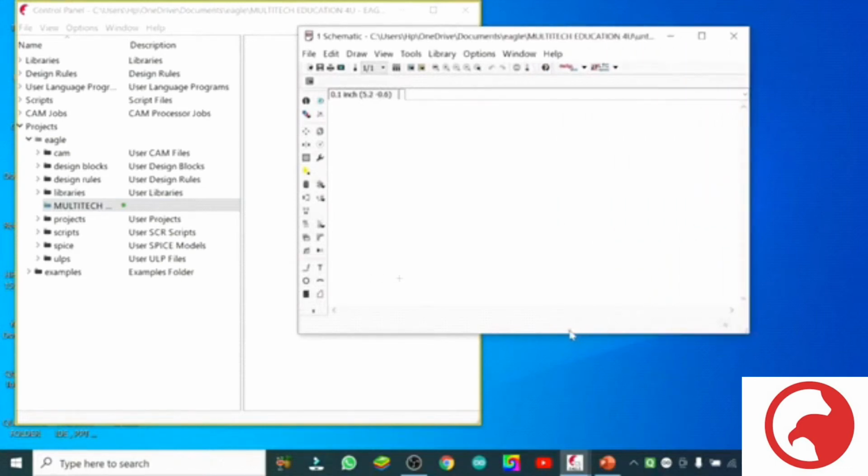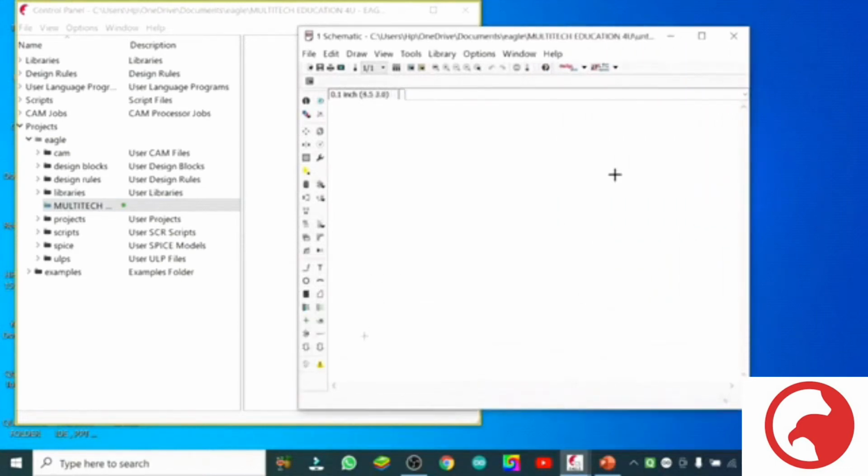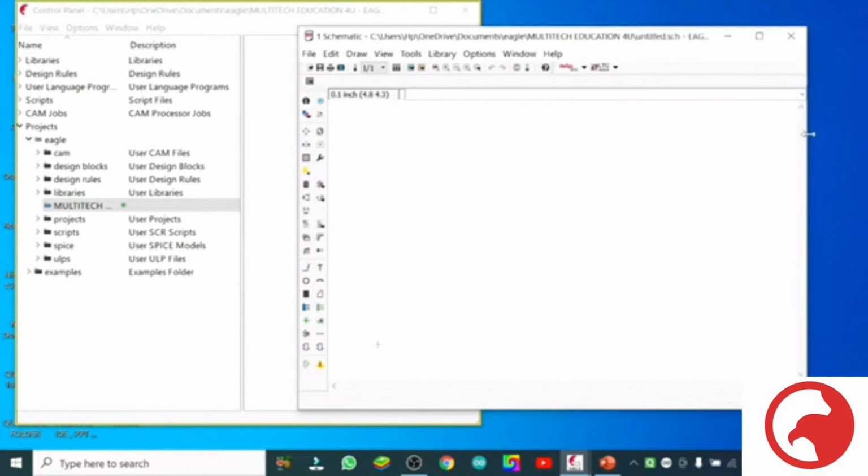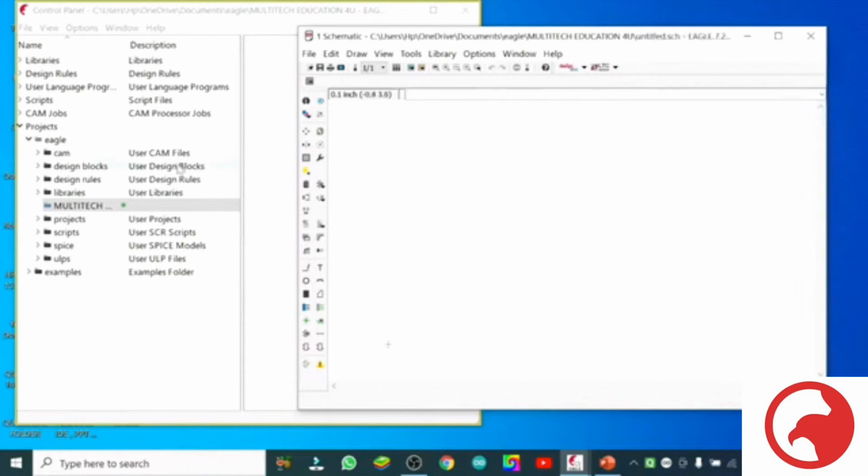Now this is our schematic working platform, and there are so many symbols in it at the left side. What I did, I took a picture of these symbols just to remember them, and wrote down the function of each symbol, each tool, on a paper, so that when I forget I just check from there. So I adopted that way.